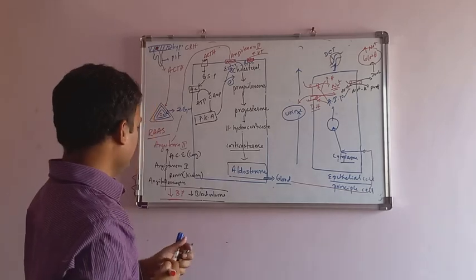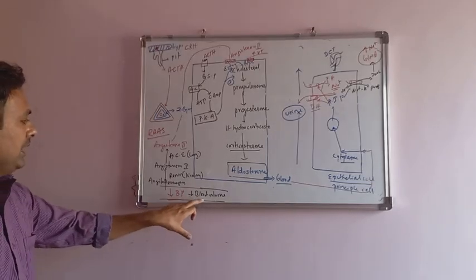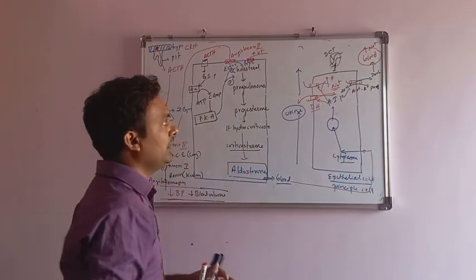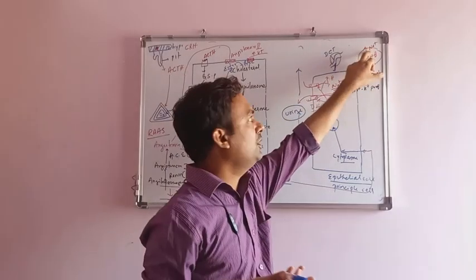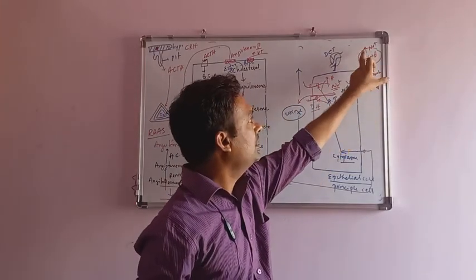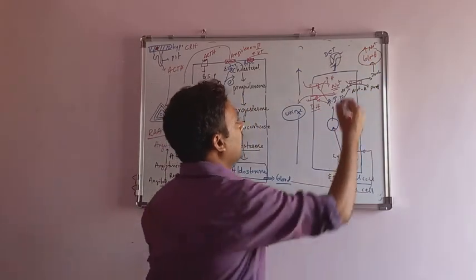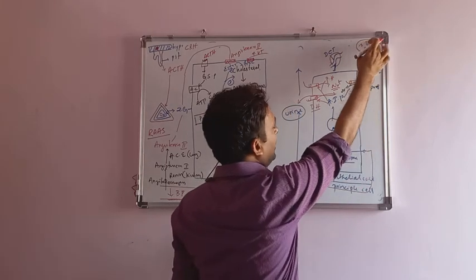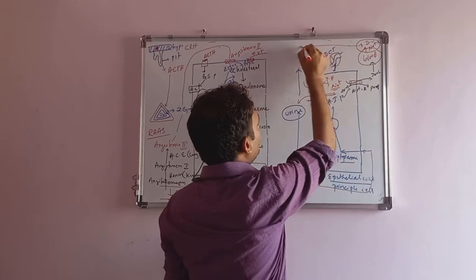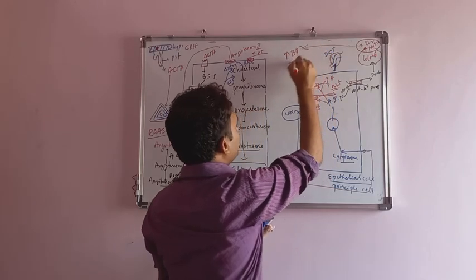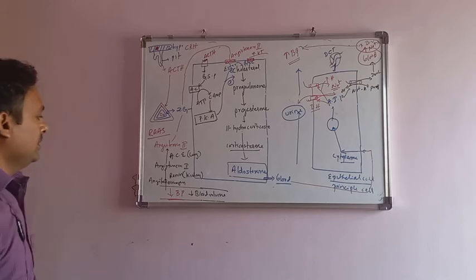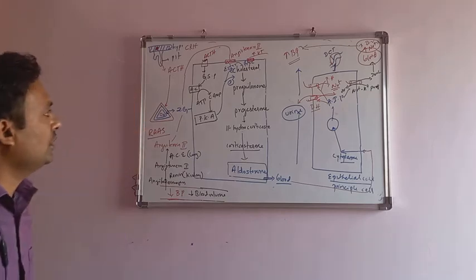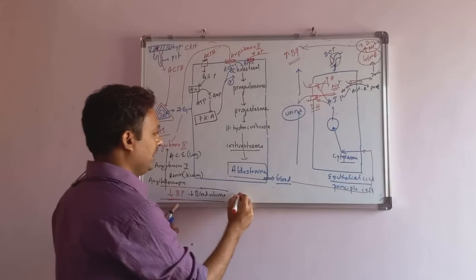What was our basic problem? Basic problem is low BP and low blood volume. What happened now? As the sodium enters into the blood, the basic rule says that wherever the sodium is there, the water will also enter. That ultimately leads to increased blood volume, and these two together, increased blood volume and increased sodium, lead to an increase in blood pressure. This was there initially because of the aldosterone action. Now the blood pressure is increased. The problem is solved. And next one is wherever the potassium level is high in the body.